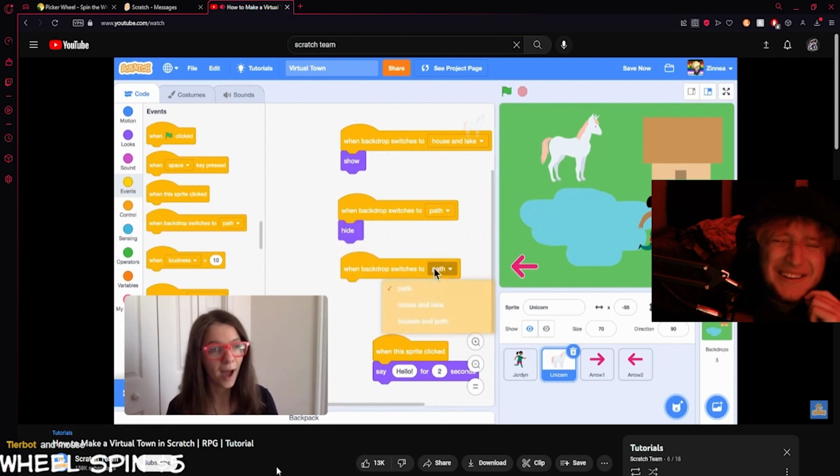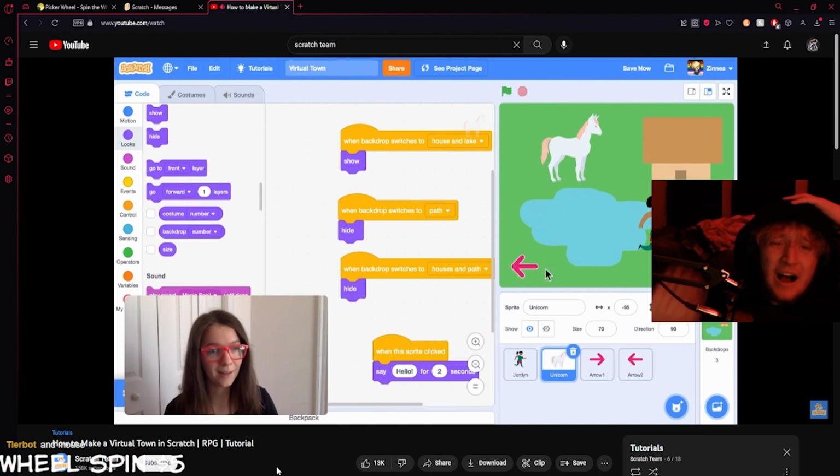And when the background switches to the houses, and the path, I'll also make the unicorn hide. So now,